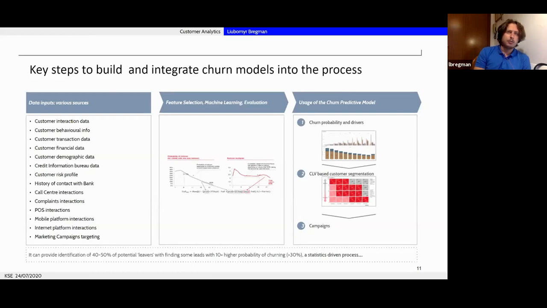In most of my projects, it was around 200, 300 features which we were able to collect and apply. And then you do the feature selection exercise. If you wish, I can add material about how feature selection works.